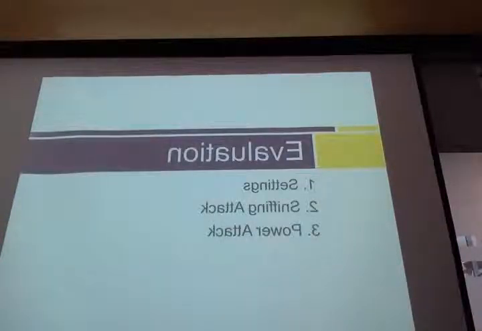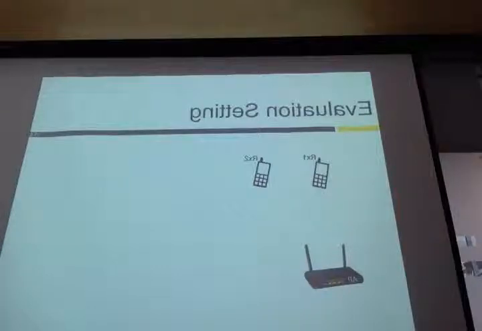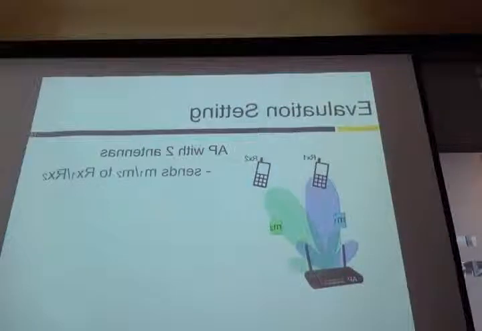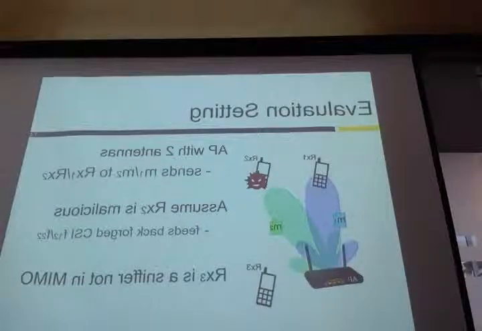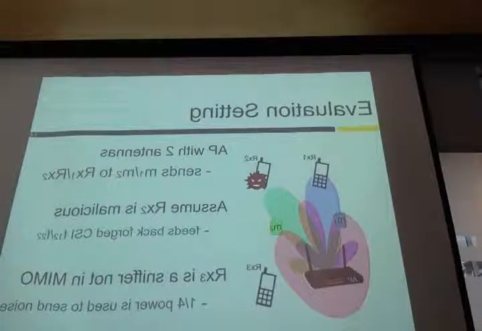We implement these two attacks in a real-world setting and evaluate their performance. We use the same simulations and the same environment setting. There's a two-antenna AP transmitting two data streams concurrently to two receivers. We also assume receiver 2 is a malicious client feeding back the forged CSI. In the evaluation with physical security, there's another sniffer not in concurrent transmission, and 1/4 of the power of the AP is used to send artificial noise.